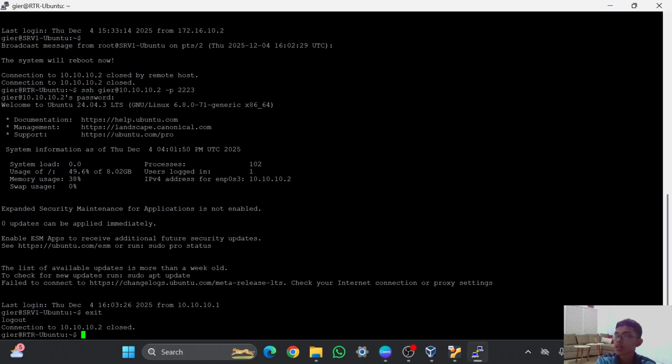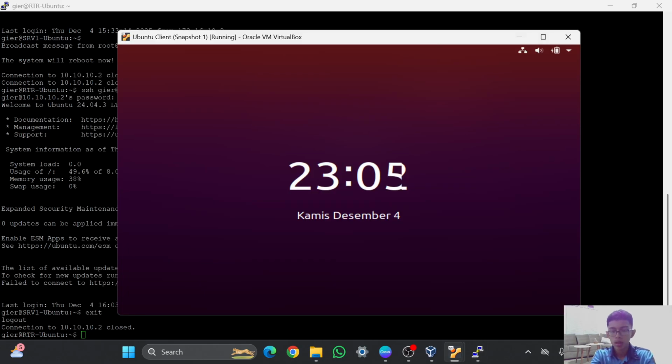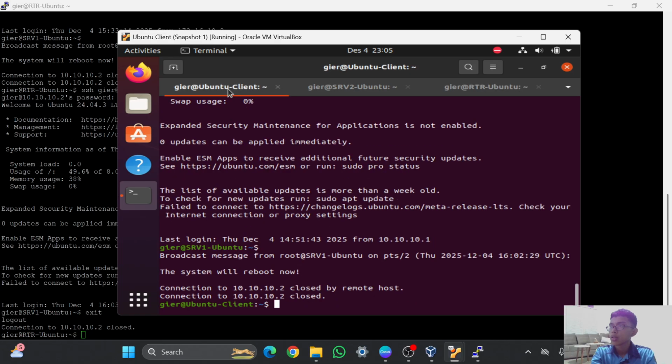For example, I will open it on the Ubuntu client. I will log in first. How to use it? It is in here, Ubuntu client.